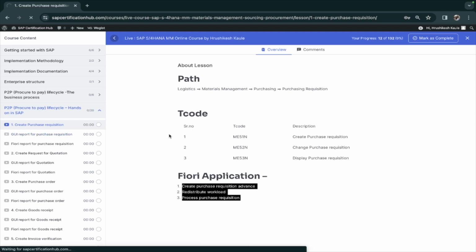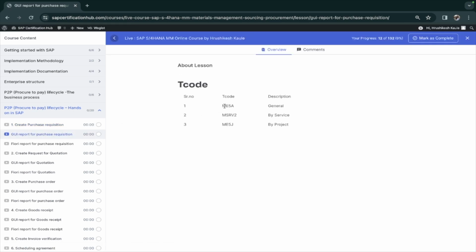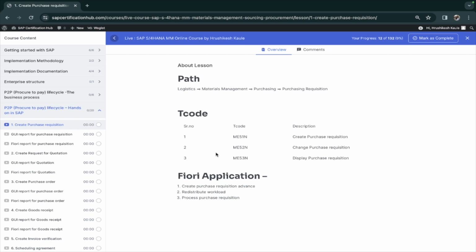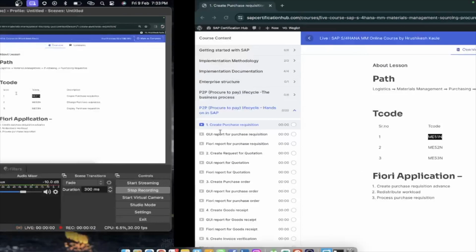Then we have GUI reports, which we are going to see in the GUI. And then we have purchase requisition Fiori applications. These are reports of the Fiori applications, and here we have another Fiori application. So we started with this. I'll take you to